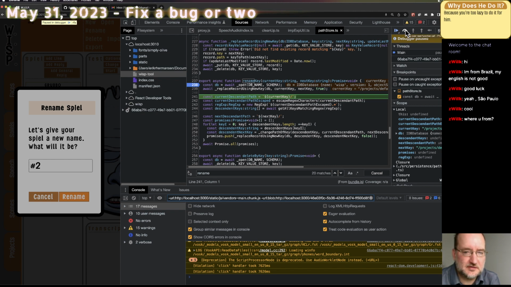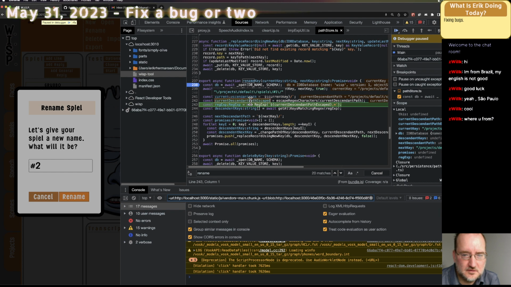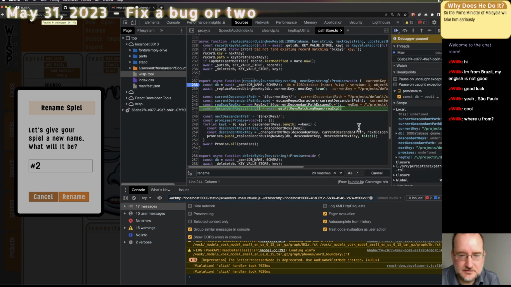Okay, so what am I expecting? Current descendant path, I expect it to be this with a little thing on the end. Okay. Then I expect all those, these guys to get escaped. Cool. Then there's our regex.